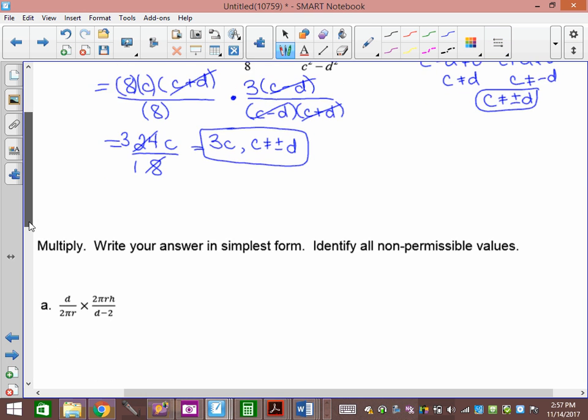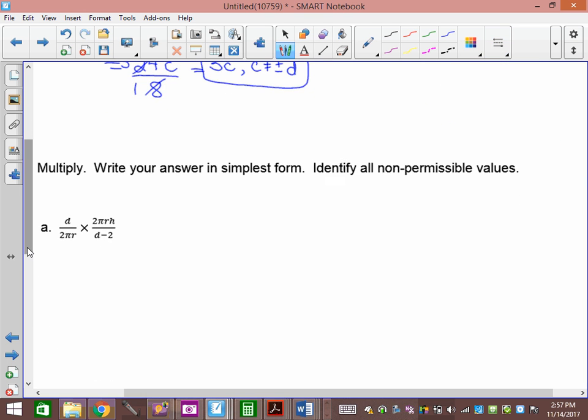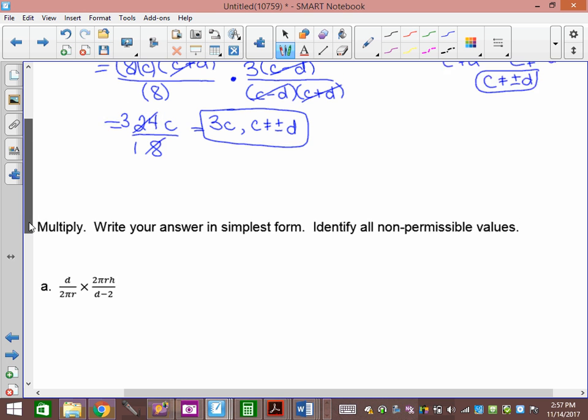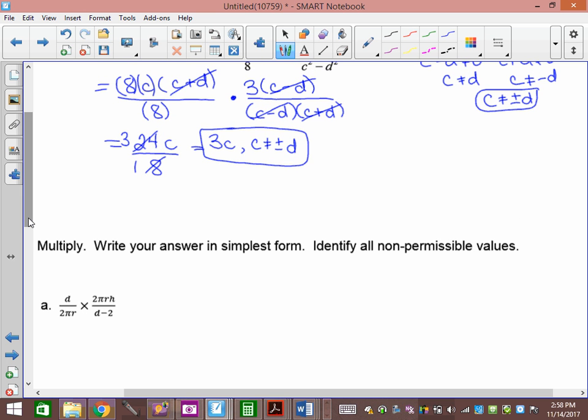Okay. We're going to look at this one together quickly, and then we're going to do division. Division is honestly the same as multiplication, but a flip and an extra NPV. So we have d over 2 pi r, and I'm going to write it out in brackets so you can see it, because they're all multiplied except for this d minus 2. So d is in its own brackets, equal to, 2 is in its own brackets, pi is in its own brackets, r is in its own brackets,